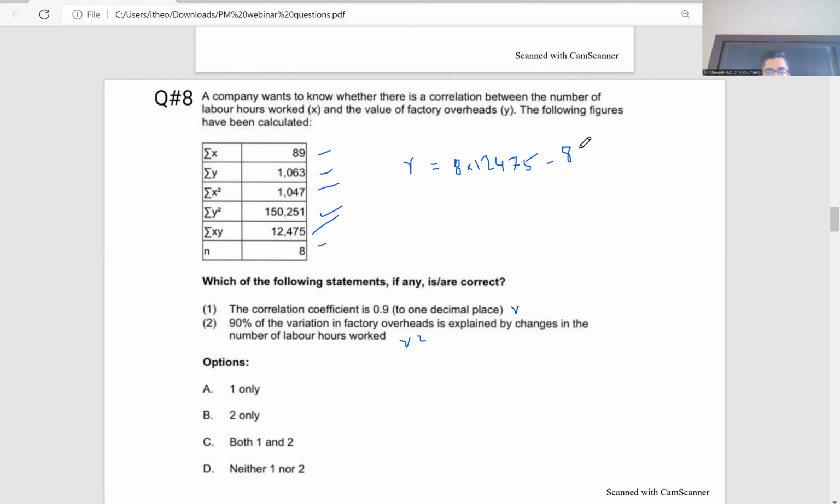89. Sorry for the writing. Actually, my writing pad got damaged in the morning. So that's why I don't have the writing pad. That's why the writing is a bit off. So summation X is 89. Summation Y is 1,0,6,3 upon under root n, that's 8,